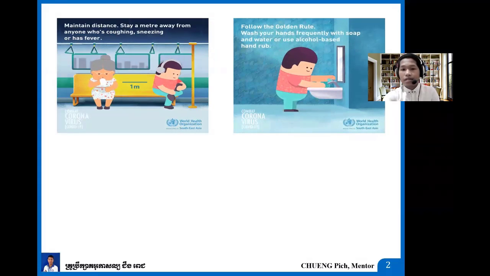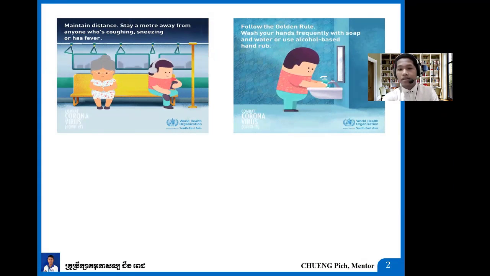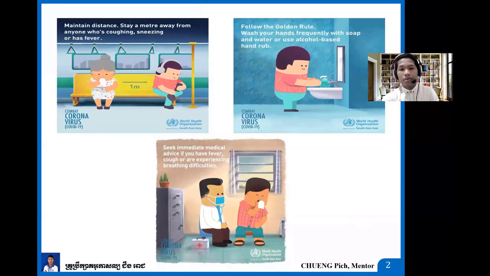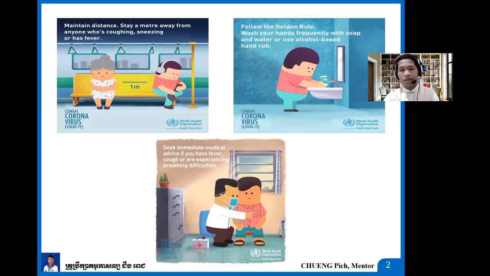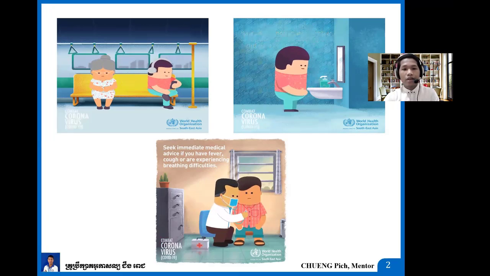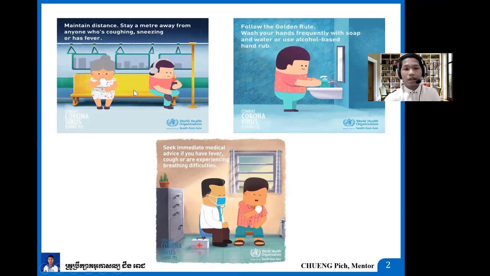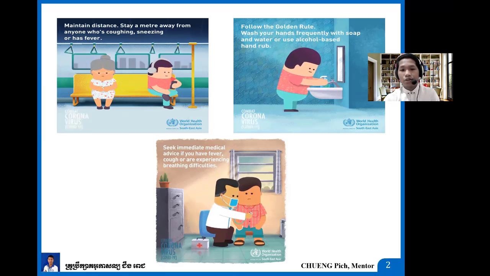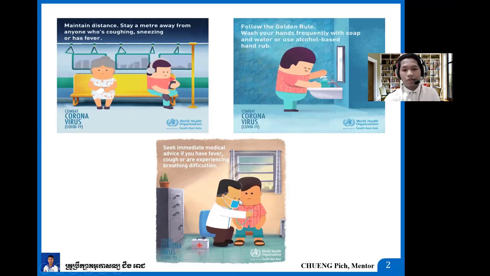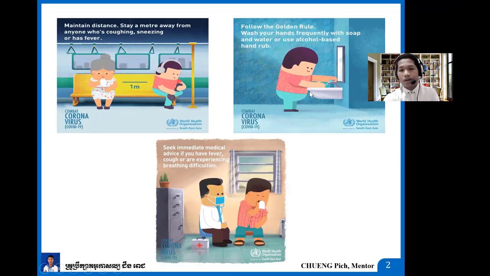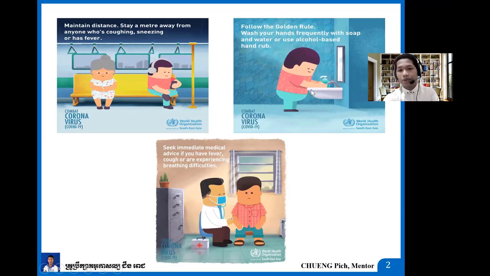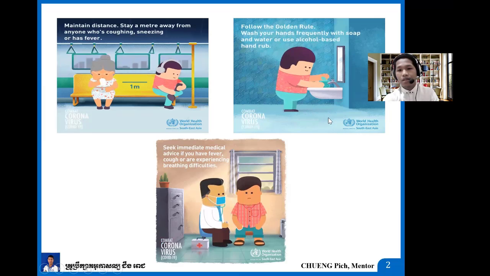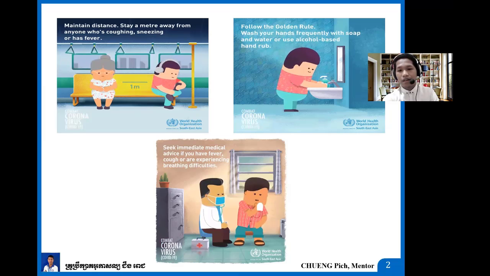Before I start the lesson, I would like to remind you of three things about the ways you can protect yourself from COVID-19. The first one, as you can see in the picture here, is that you have to keep social distance when you are outside, and you can also wear your mask when you meet someone else. You have to wash your hands with soap or gel after you meet somebody else outside.